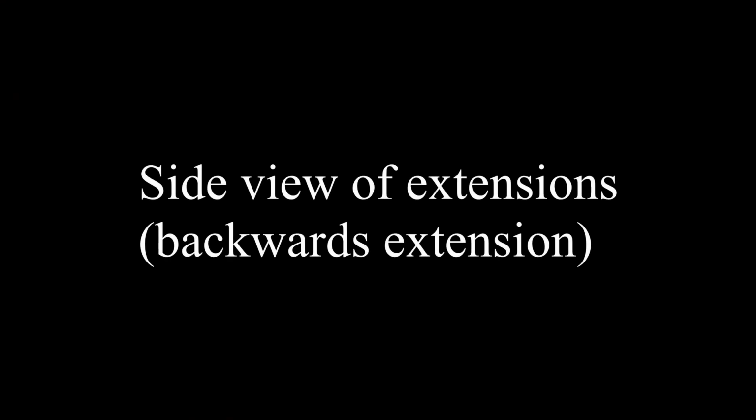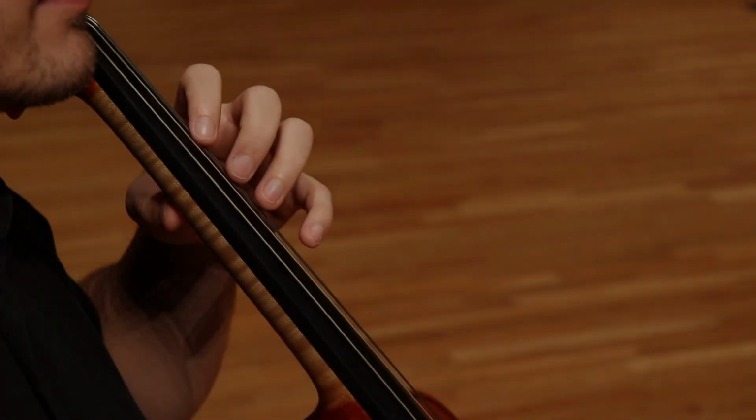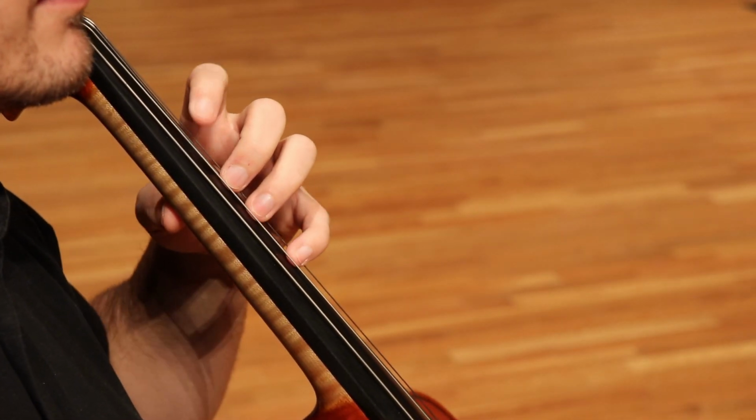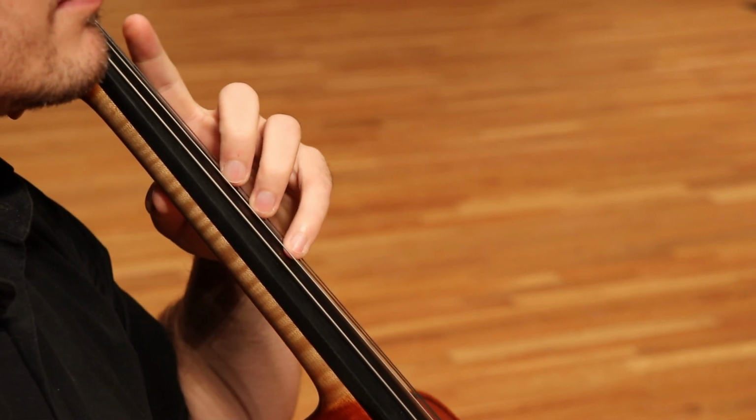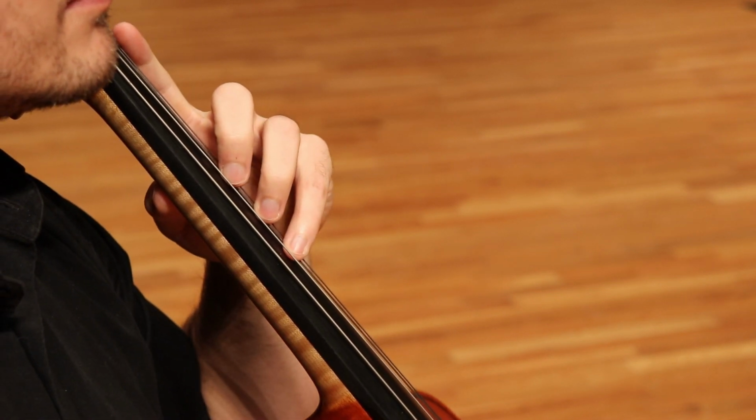Here we get a view of a backwards extension. And like I said, this is somewhat rare, but it is very important, especially in upper level music, that you're lowering that elbow, creating that straight line, and I'm really playing on the side of my first finger. Note in this extension that I really haven't moved my thumb, unlike the forward extension, because I'm not actually moving